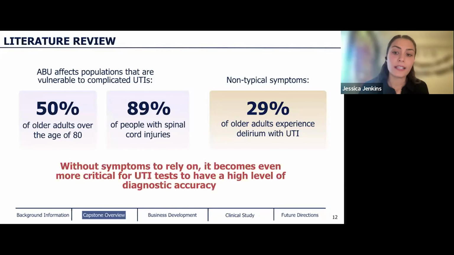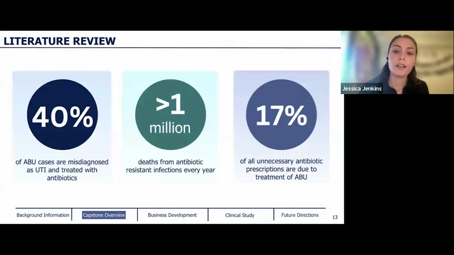Without symptoms to rely on, it becomes even more critical for UTI tests to have a high level of diagnostic accuracy. One meta-analysis identified that 40% of ABU cases are misdiagnosed as UTI and treated with antibiotics. Alarmingly, antibiotic exposure is the biggest risk factor for antibiotic resistance, which kills over 1 million people every year. Considering that needless treatment of ABU accounts for over 17% of all unnecessary antibiotic prescriptions, we became aware of the